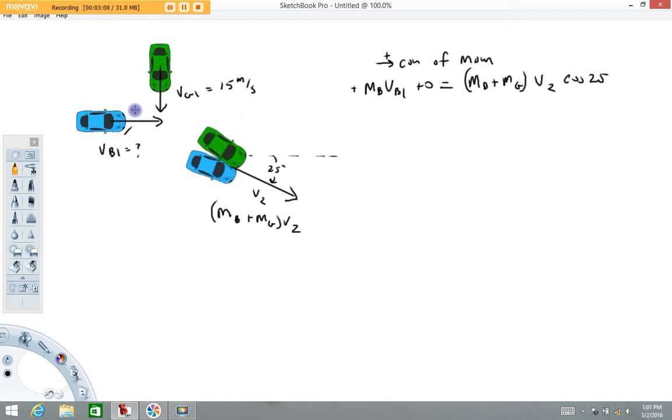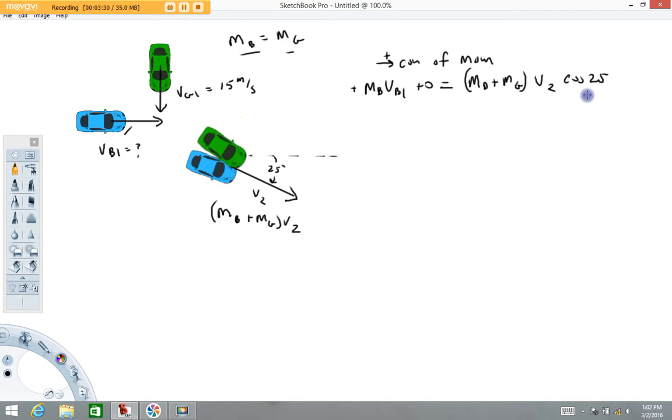Now, in this example, we're going to imagine that these cars are identical cars, which would mean the mass of the blue car and the mass of the green car would be the same. But it doesn't have to be. In a lot of examples, these would be different masses, and I went ahead and wrote the equation demonstrating how we would write it as if they were different masses, but I'm going to proceed with the rest of this